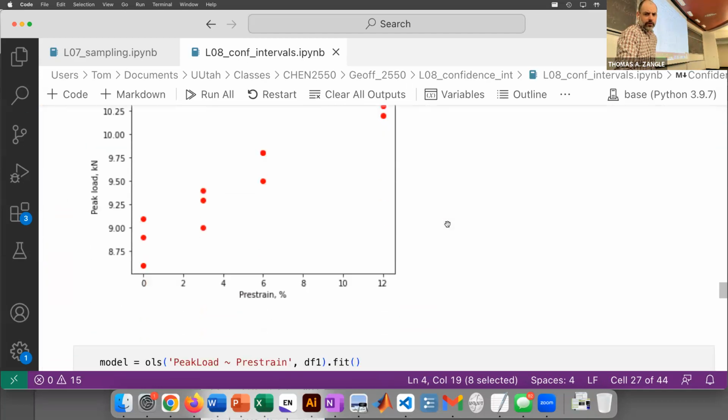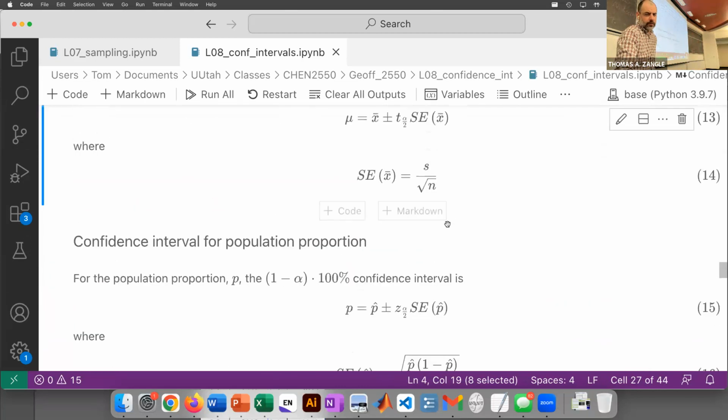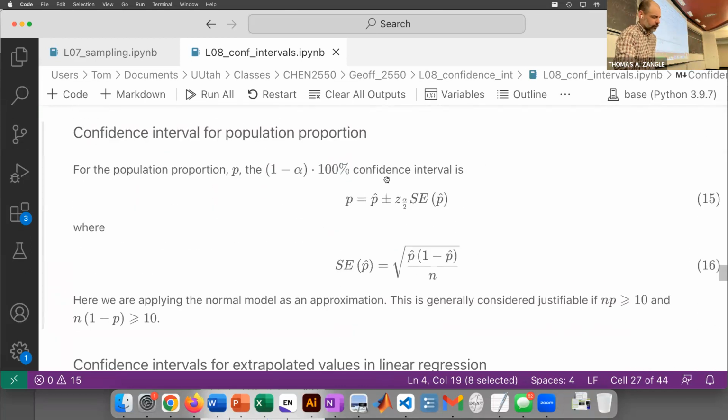So I'm just going to go over the last 2 items on this. The last one is one that we've seen before, but now that we've talked about confidence intervals, I just want to review that concept again. We can also apply the same kind of